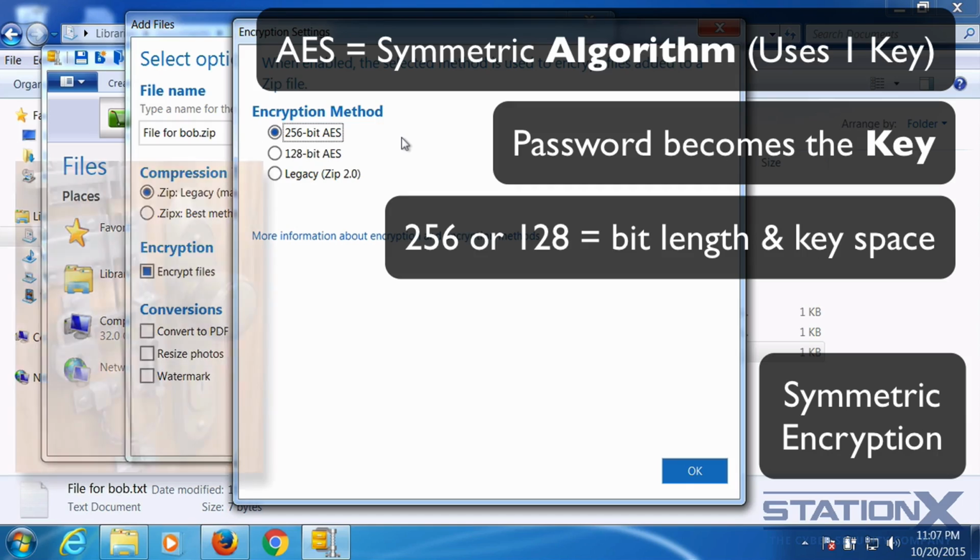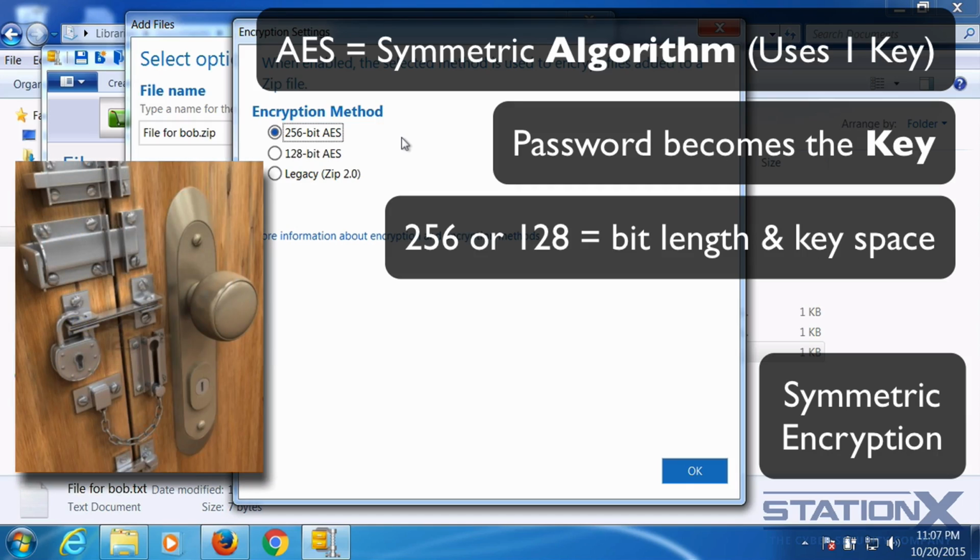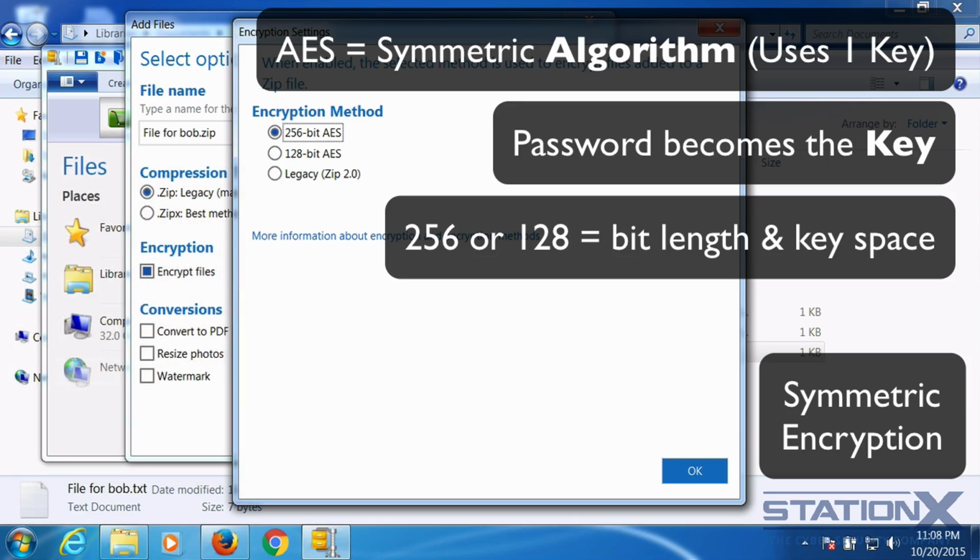Think about it, if you had a door and it had many, many locks on it, it would take you a long time to open and close the door, but it arguably could be more secure because it's got more locks on it. So again, this is the same. The higher the bit rate, the more secure it is, but the longer to encrypt and decrypt. The 256 is also the key space, which is the number of total possible different keys that you can have